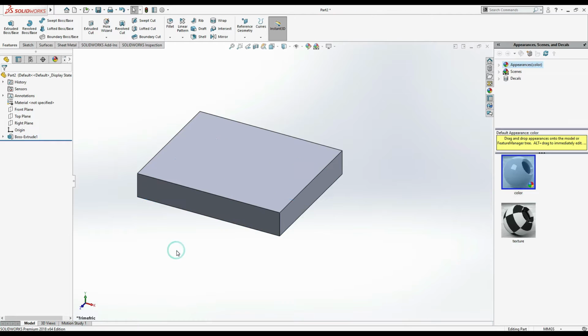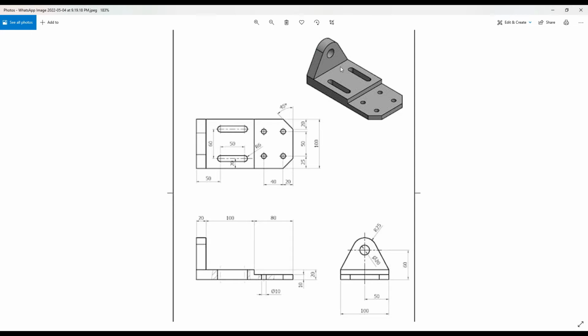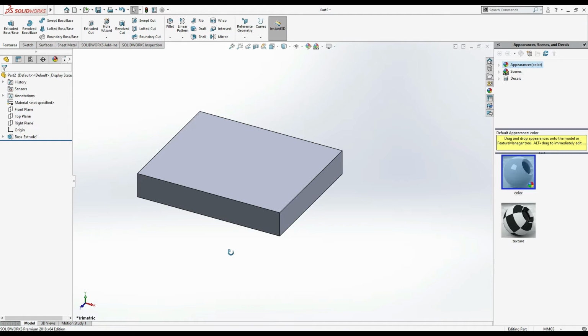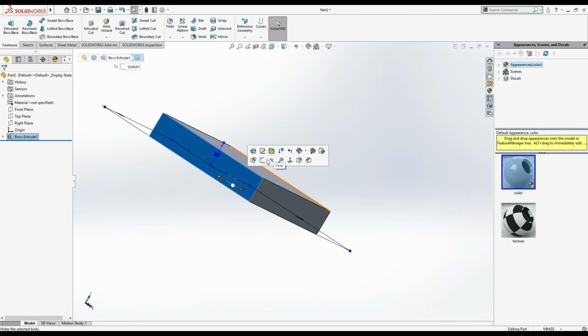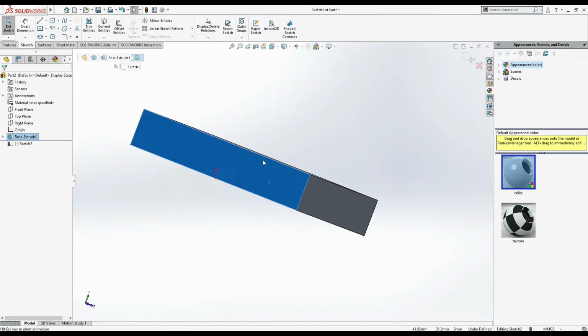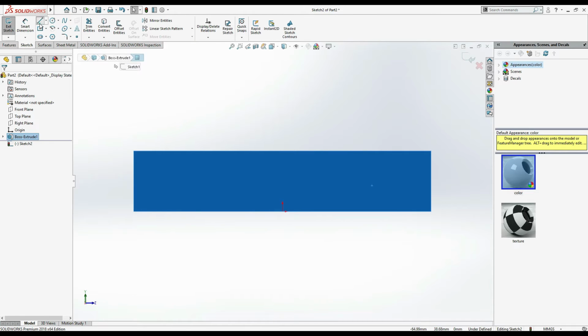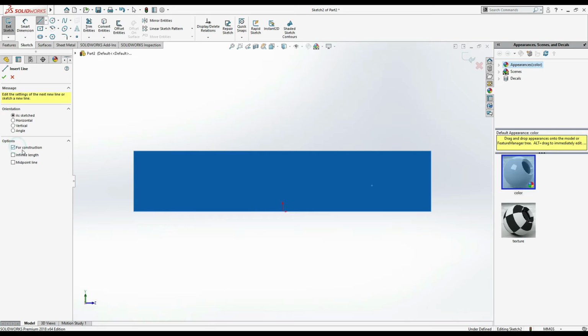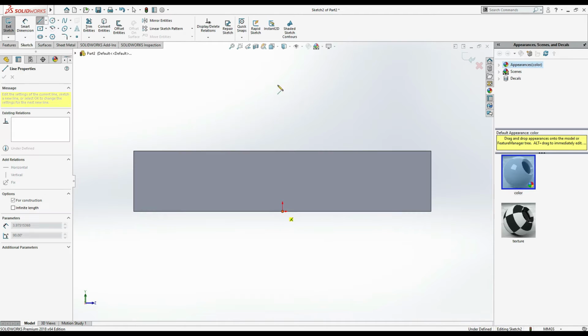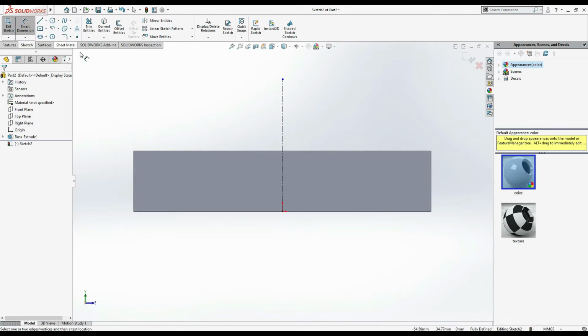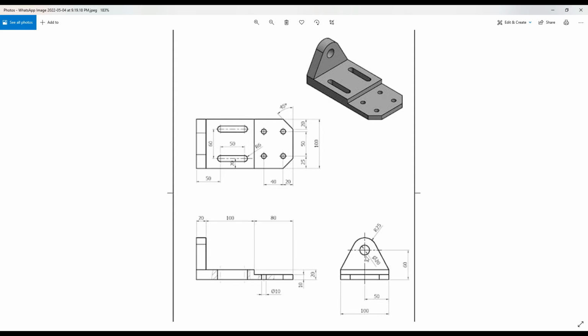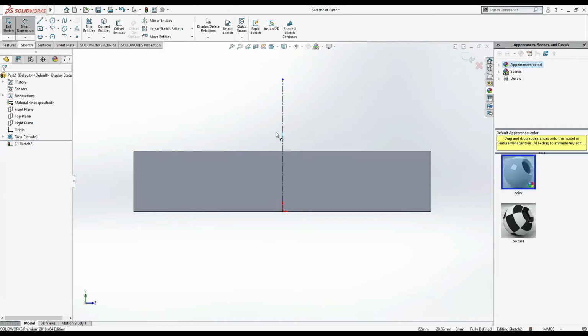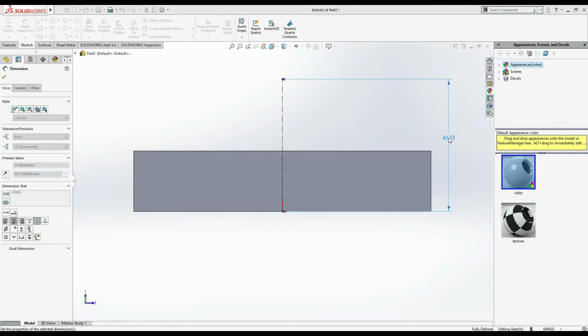now for this part, I'm going to select this, sketch, Control 8 for normal. Now first select this line and make it for construction. From origin, vertical line. Okay, smart dimension. This line is of 60 mm. Make it of 60 mm. Okay,